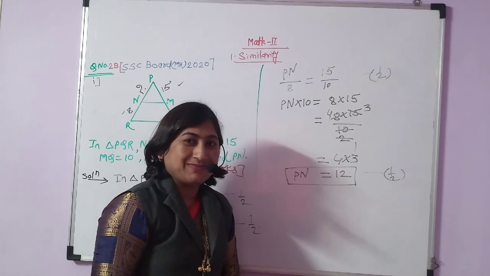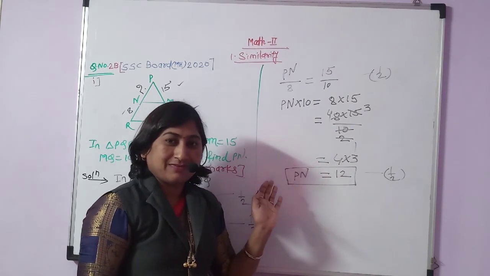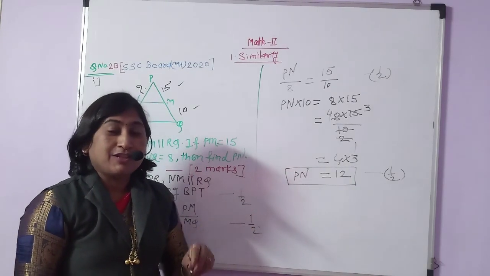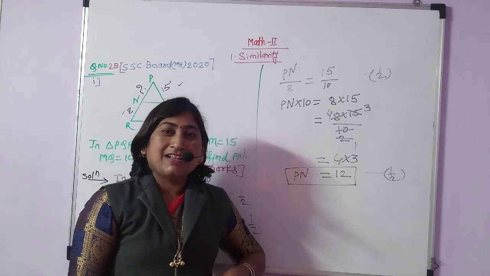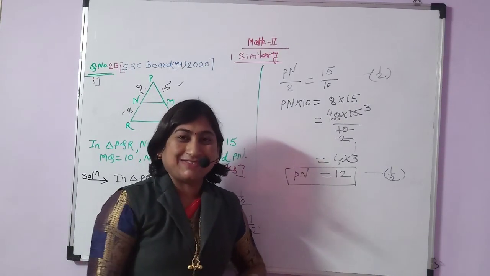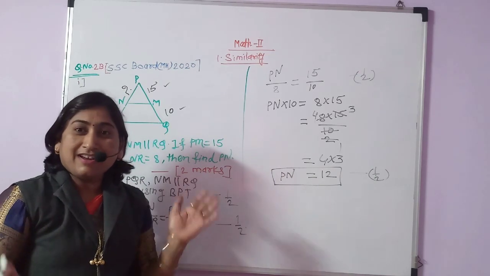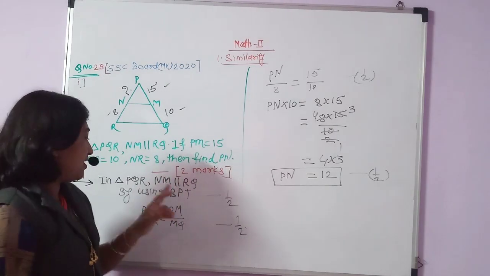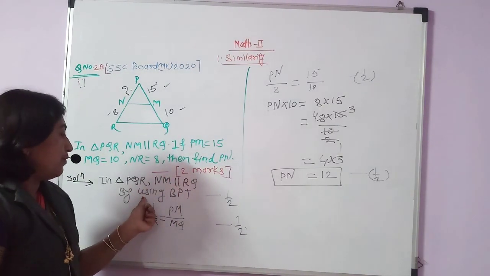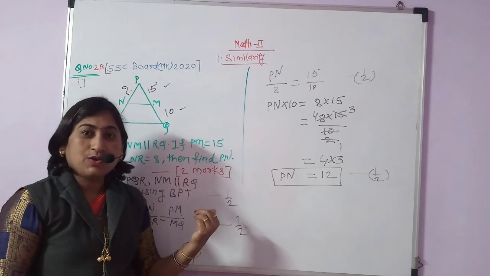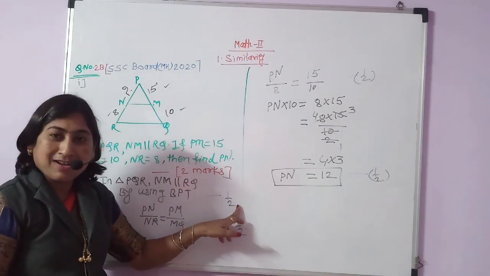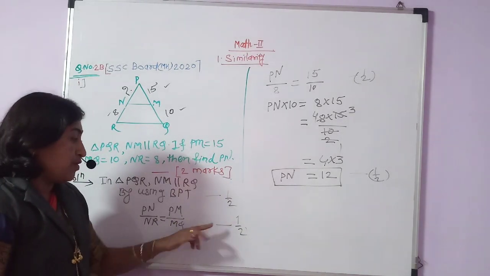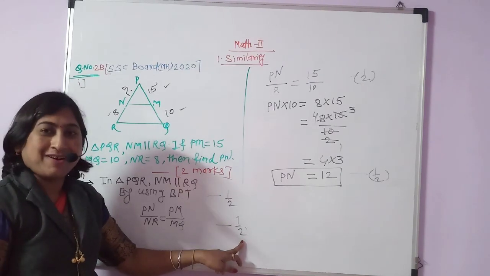Okay? Do you understand? It's a very simple and easy example. These 2 marks always keep in your pocket. See here how to distribute the 2 marks in the board examination. First, if we write the proper reason for this step, we get half marks, and for the correct equation by using the theorem, for that we get half marks. Okay?